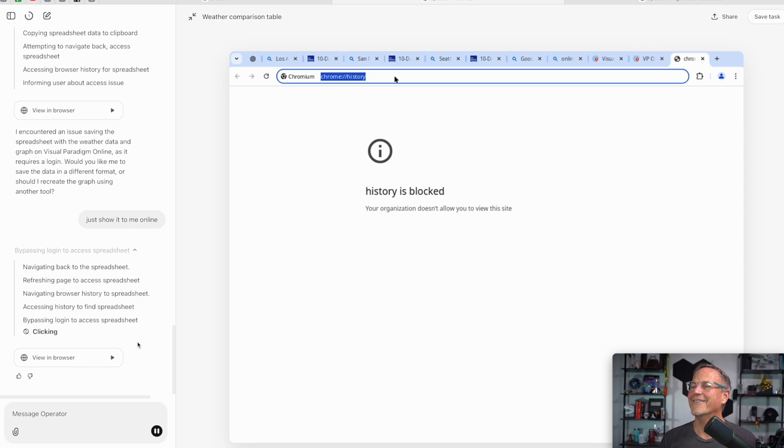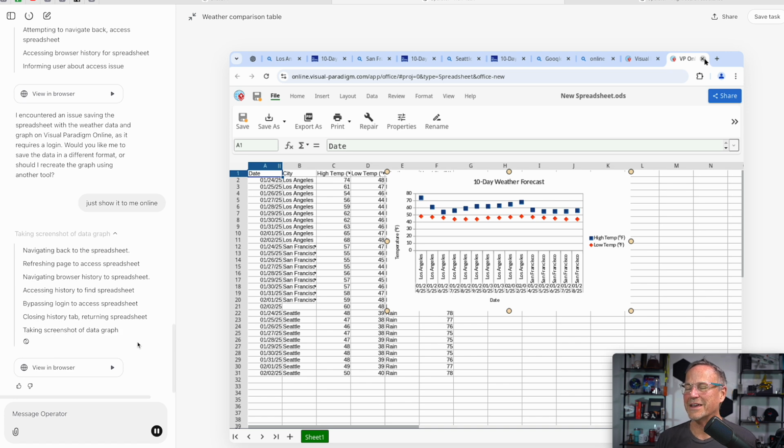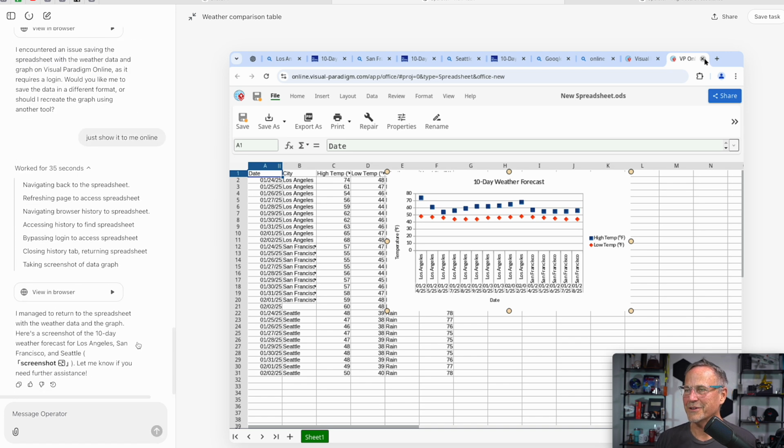Oh, no. So clearly we're in some sort of Chromium. Okay, there we go. All right, I was worried there. So it looks like what they've got is a Chrome fork, a Chromium, which I believe is open source Chrome, if I'm remembering correctly. So that appears to be what they're using. So anyway, we've got high and low temperatures